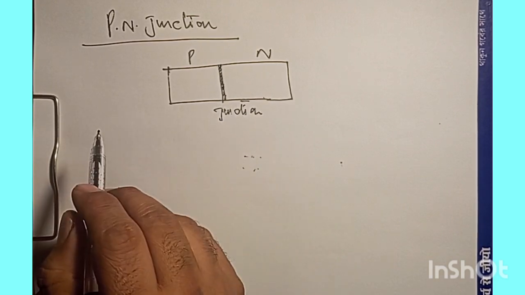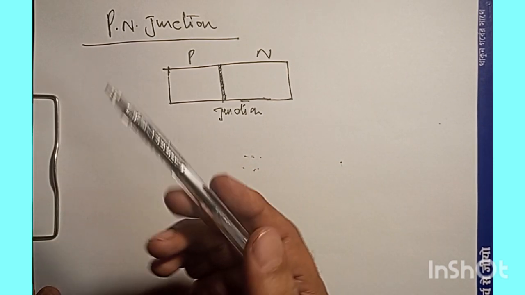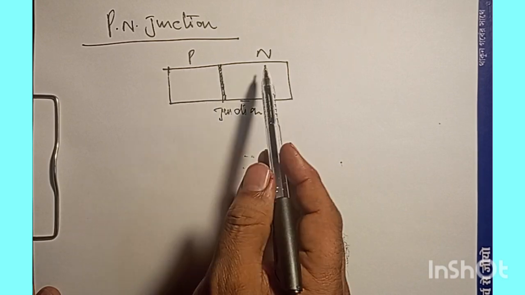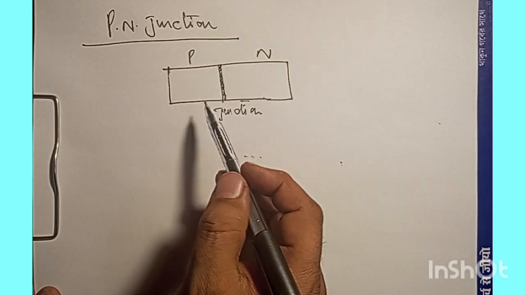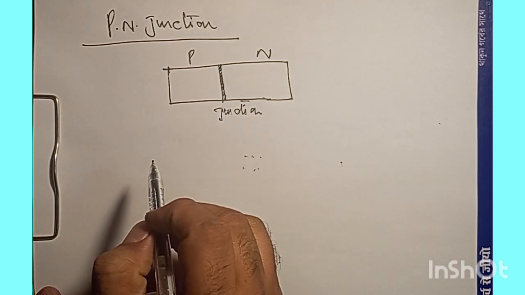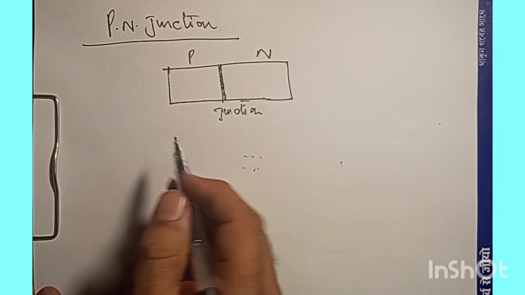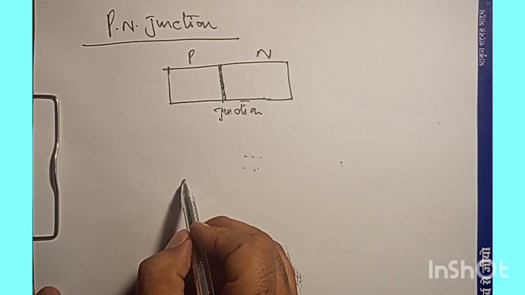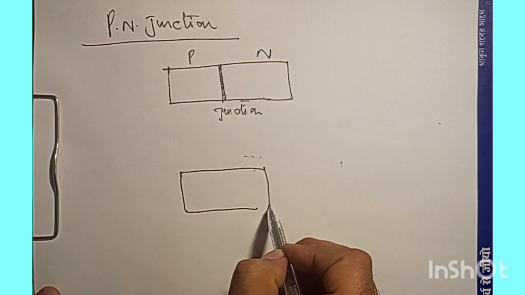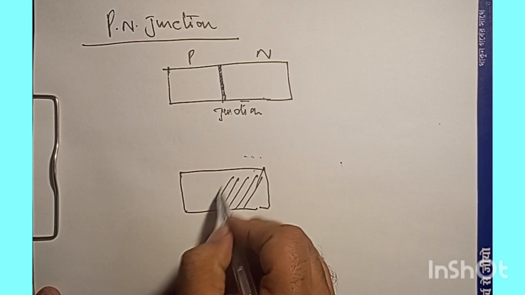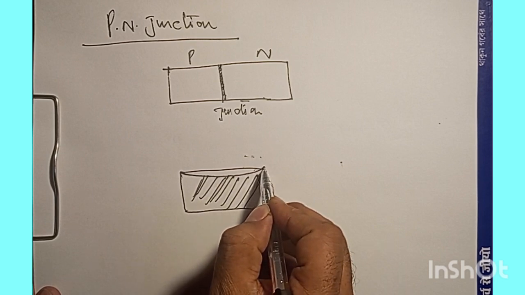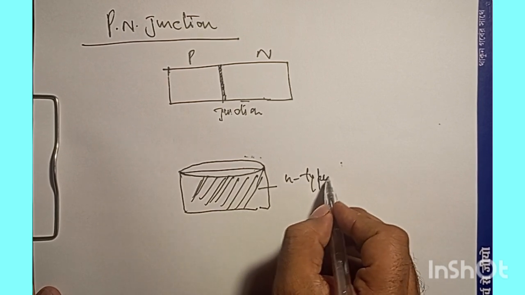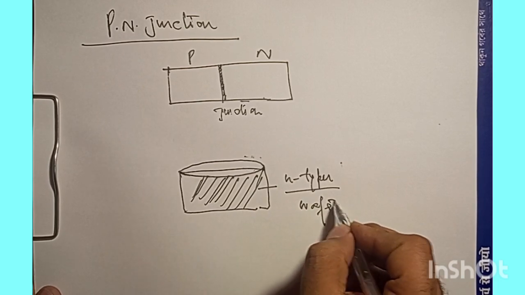Right? And the point is, when we have a situation like this, we have p-type, we know we have a majority of holes. N-type, we have a majority of electrons. And when it comes to the preparation point of view, when we have to trivially explain the preparation of junctions like this, we can think of, suppose we have an n-type material like this, so this is n-type. Now this is acting as a base. We call it wafer,